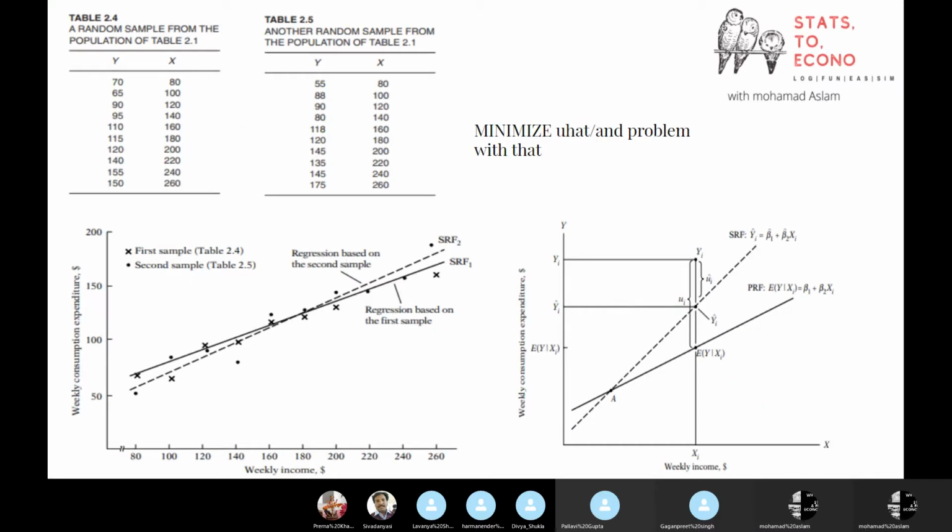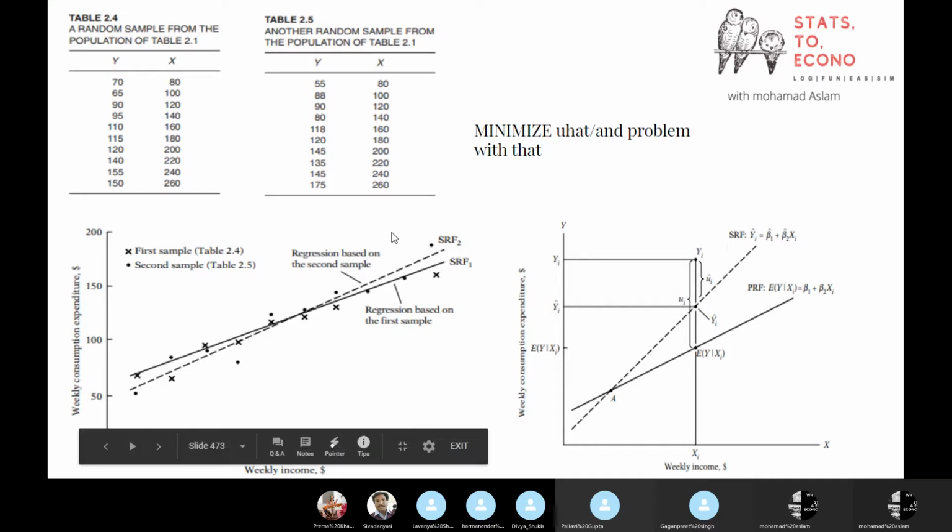So let's suppose you have two different sample data, and you estimated two different regression lines. With a change in the sample, meaning you have the same sample size but you are doing it on separate individuals, in this third part we are going to first deal with the cross section. Most of the time I'm going to use cross sectional data. Let's suppose you are doing this sample study from two different places or different individuals or different households. You will get two different regression lines based upon your data.